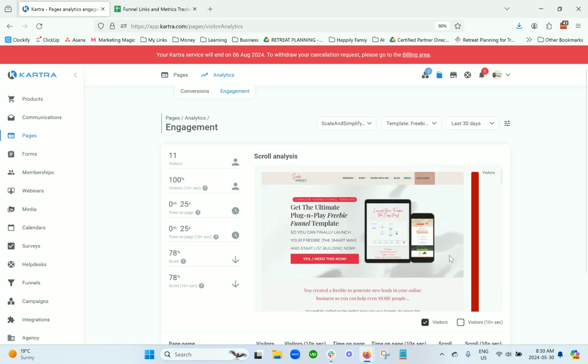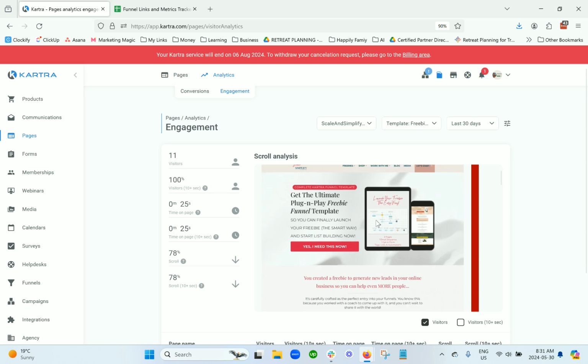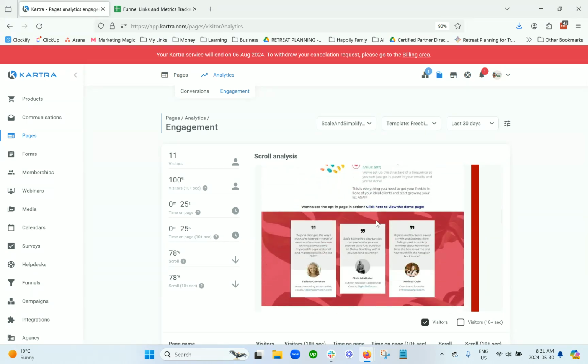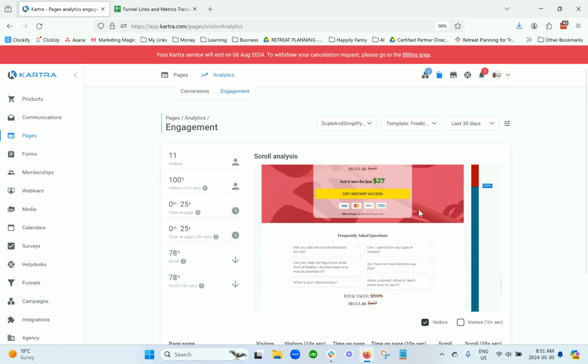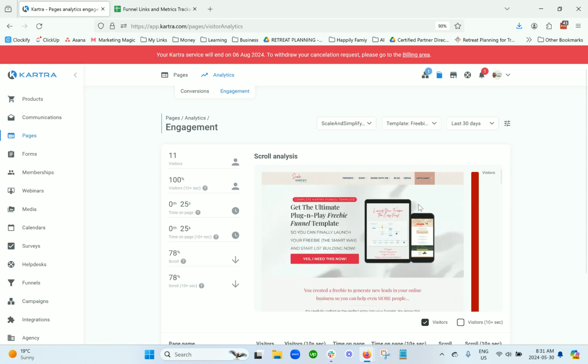So if you have a page that has enough views where this could be accurate enough to be helpful, this can help you determine, like, are you keeping people engaged throughout the page? How can you get more people to stay on the page longer to view the information and so on? But I do look at